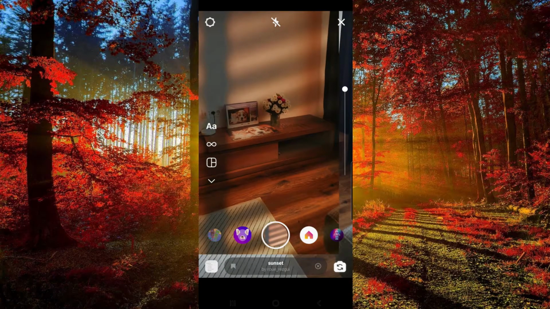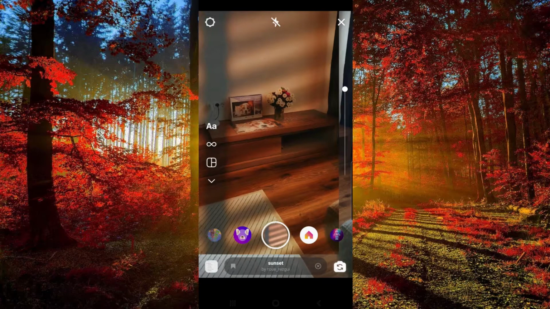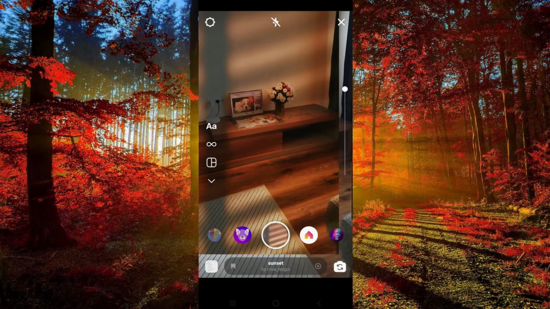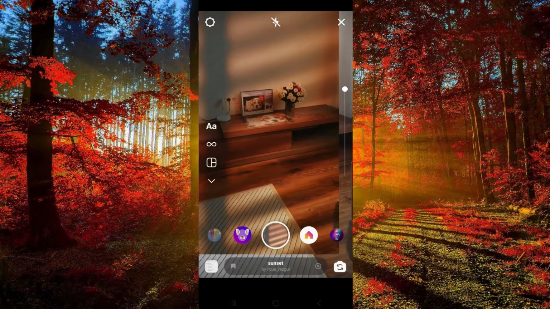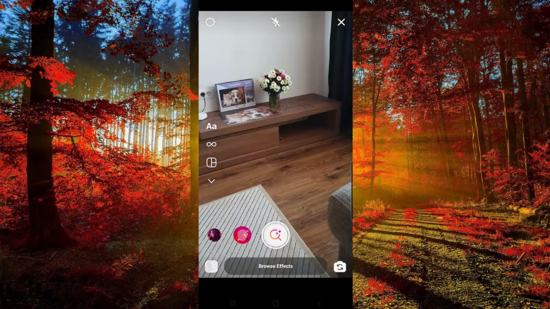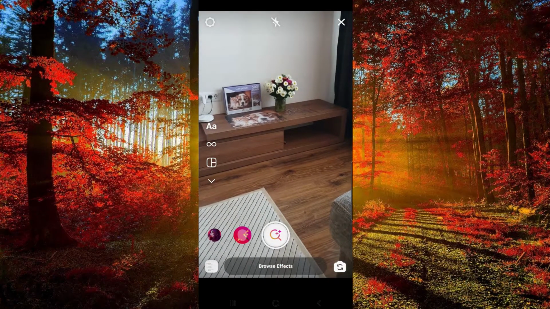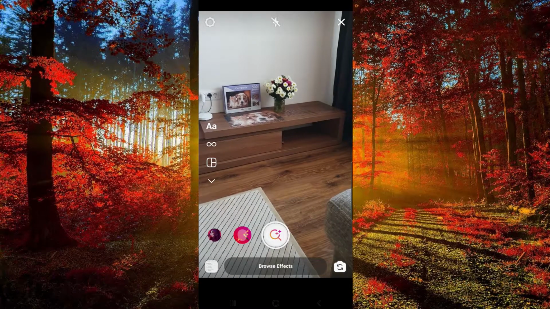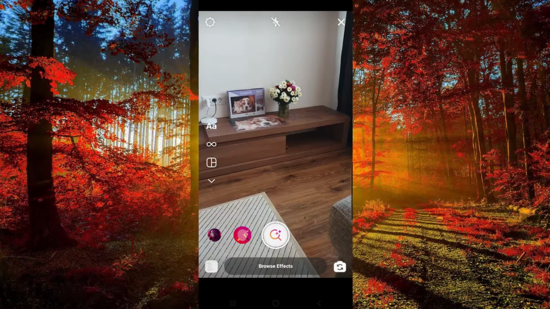So here, as you can see, I already have the sunset filter on my Instagram and I added it to my favorites. So let me show you how to get it too. First of all, you have to swipe all the way to the browse effects. Make sure that you are on your camera. After that, you have to click on the icon